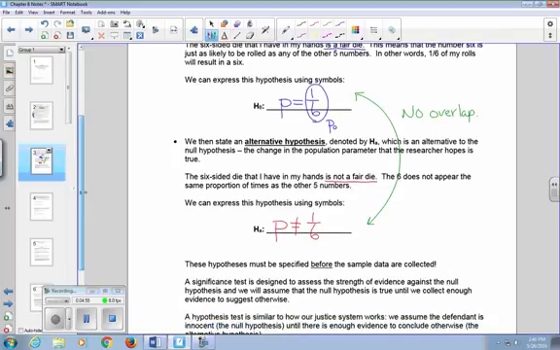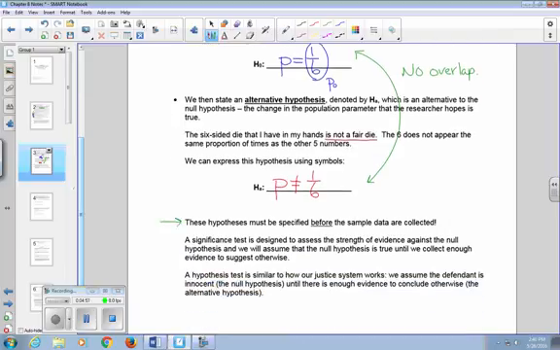Keep in mind that these hypotheses must be specified before the sample data are collected. So they are your first step. A significance test is designed to assess the strength of evidence against the null hypothesis, and we will assume that the null hypothesis is true until we collect enough evidence to suggest otherwise. So in our case, we're going to assume the die is fair until we collect enough evidence to suggest that